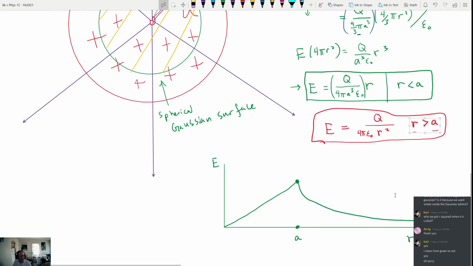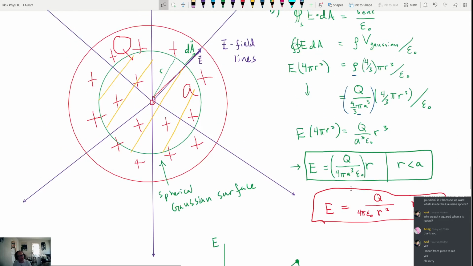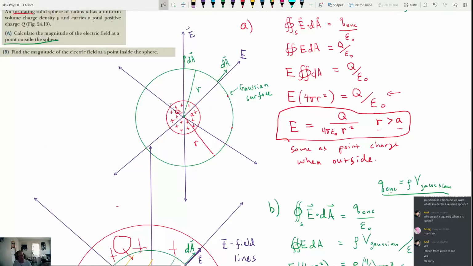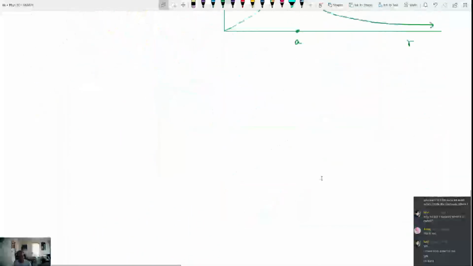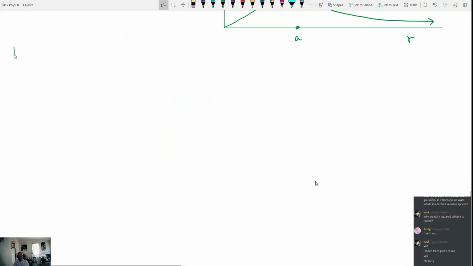Now, you're going to see problems on your homework, specifically your lab manual homework, where you have a very similar scenario where you have a charged sphere with one difference, and I'm going to tell you what you need to do. The only difference on the lab manual homework is that your rho is going to be a variable, okay? So just as a hint for the homework,